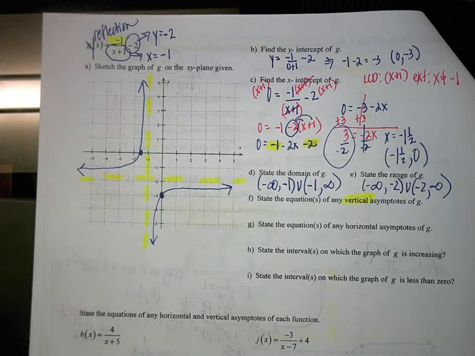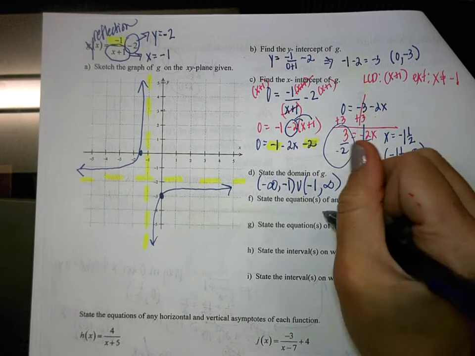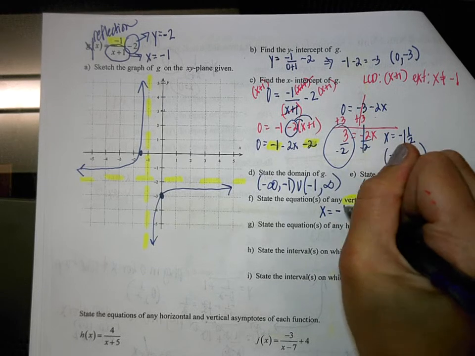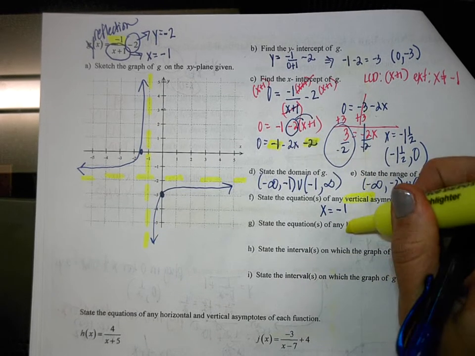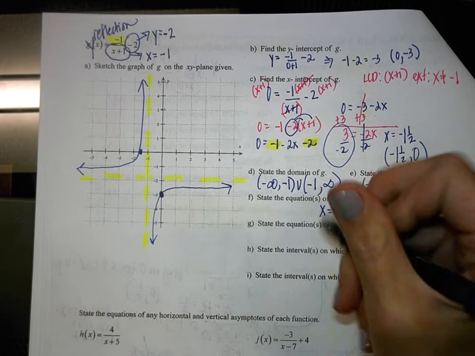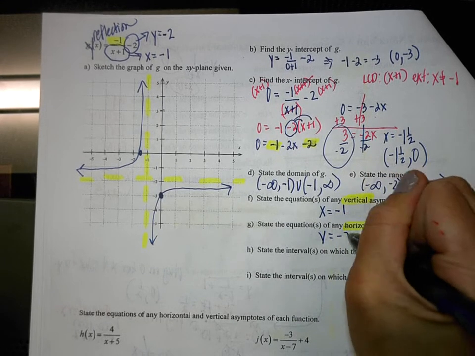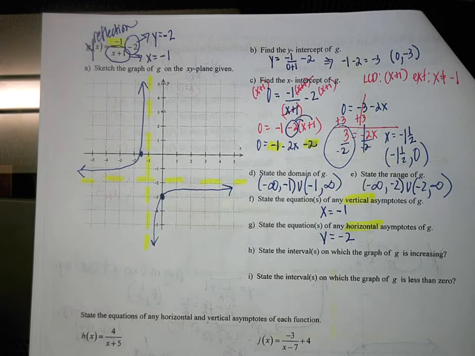What values do I have for vertical asymptotes? X equals negative 1. Very good. Horizontal asymptotes are at y equals negative 2. Okay, if we're reading this, it says, where is it